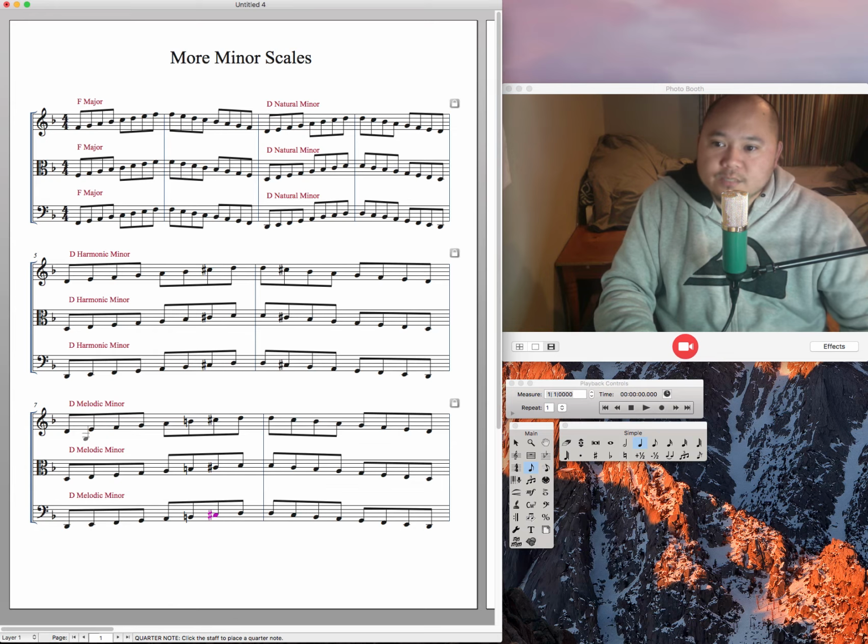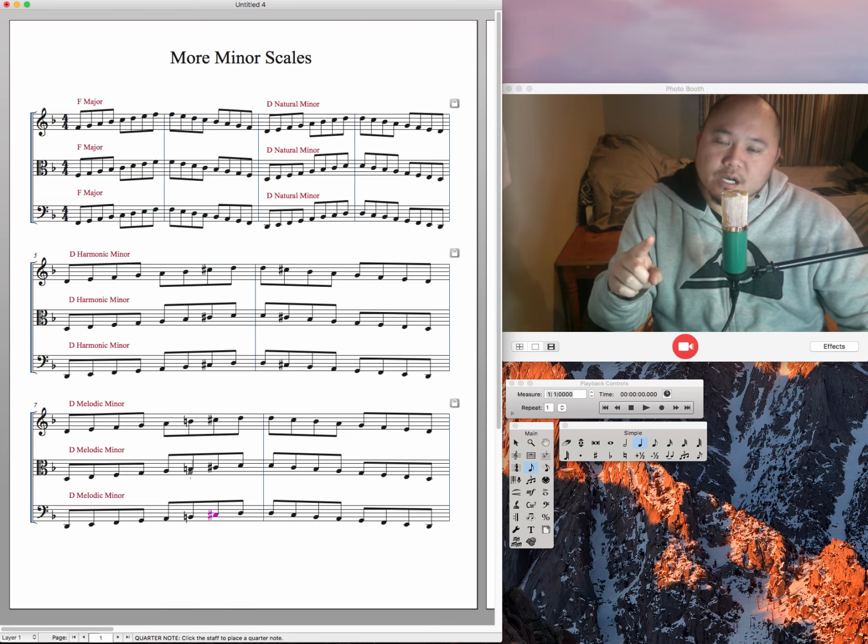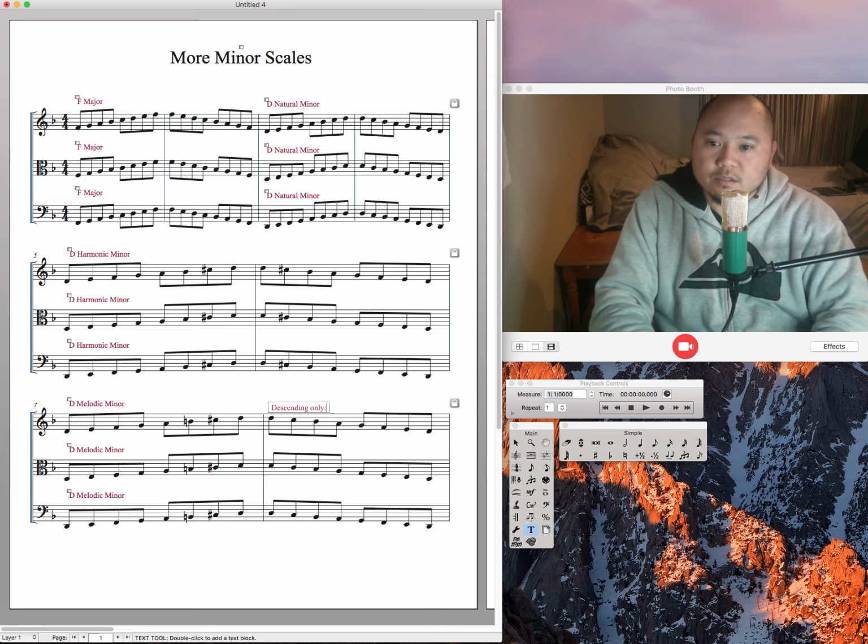Okay, so in D melodic minor, the B flat becomes B natural because B flat up a half step is B natural, and C up a half step is C sharp. Okay, descending, only for D melodic minor, is D